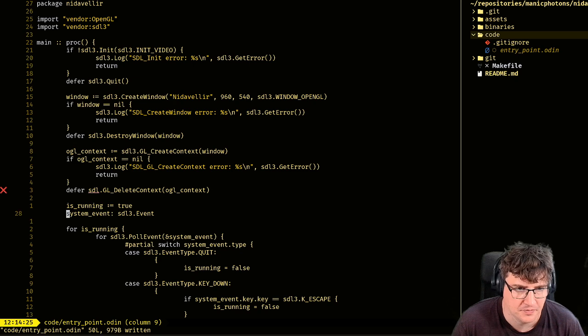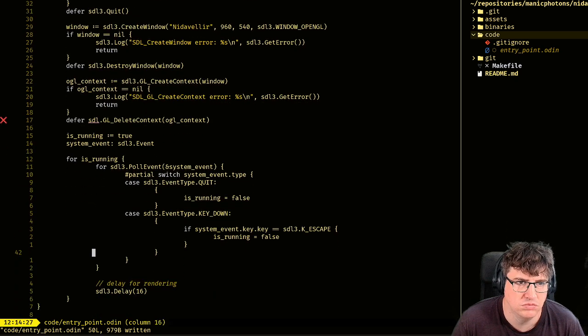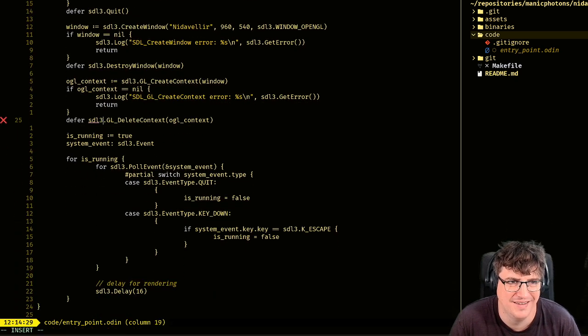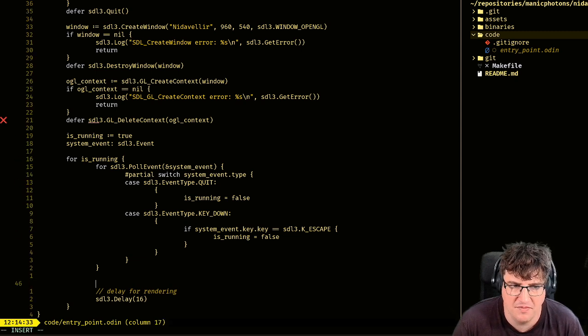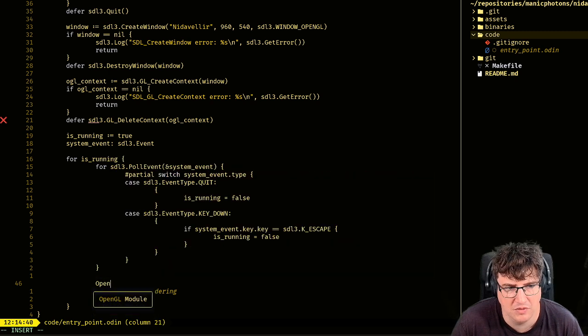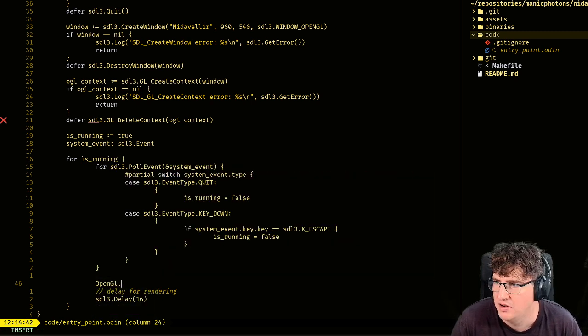Oh, that's SDL3. Yeah. Once we've gone through our event polling, we will need to clear the screen. So we will do OpenGL dot clear color, and let me look up a cornflower blue.